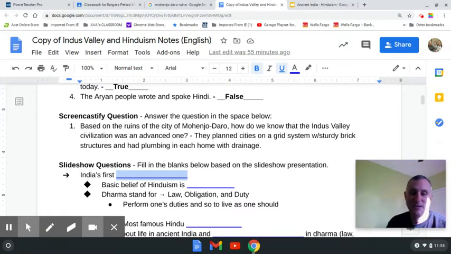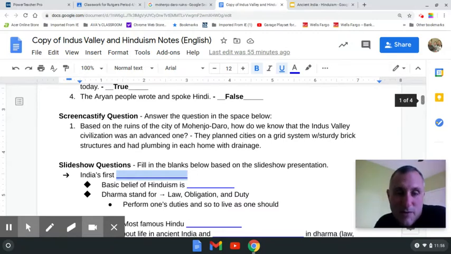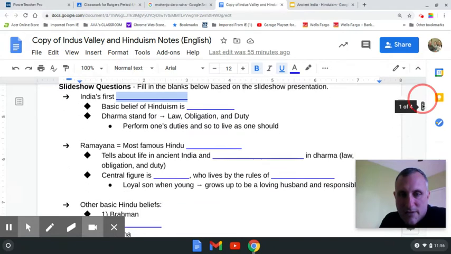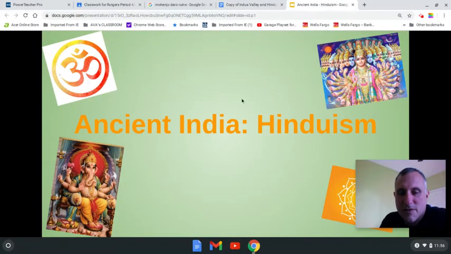That also drained through. Pretty complicated stuff, whereas, quoting Mr. Ukraine, even in Europe 200 years ago, they might not have had this type of running water. Then we started these fill-in-the-blank notes today on 11/18. They're down here, and they go off of this slideshow. We only got through certain slides, and I wanted to show you.